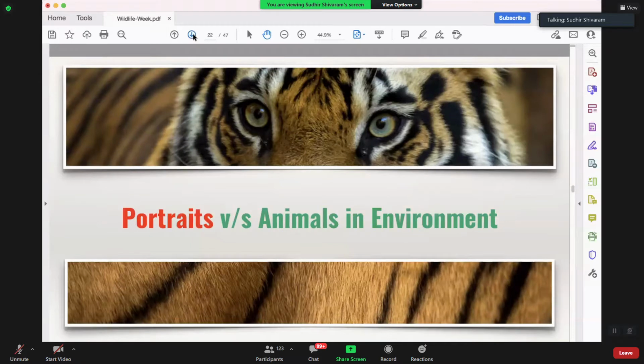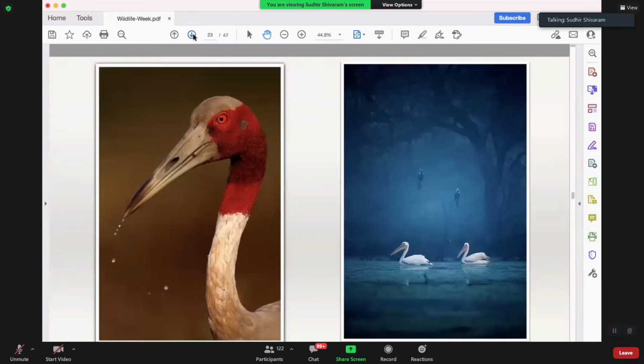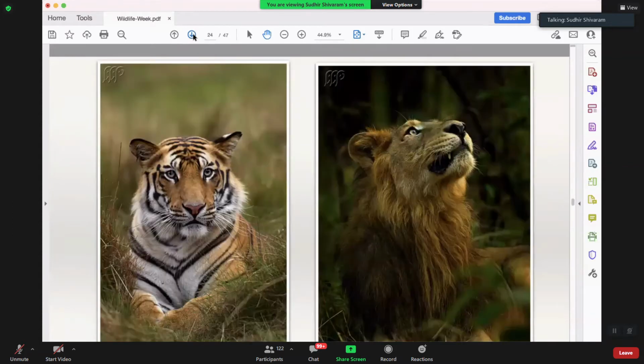Now, when we talk about composition, personally for me, there are two kinds of images which I really love to make. One is basically the portrait, which is a close-up, or the one in the habitat. So I'll show you some of the images. Left is the portrait, right is a little bit showing the habitat. And again, these are portrait images. So generally the in-between works will not work well.